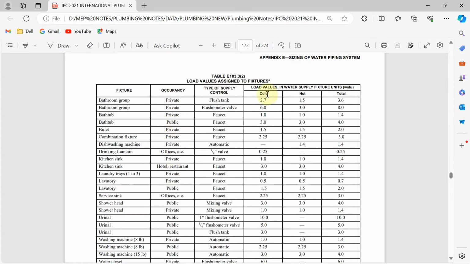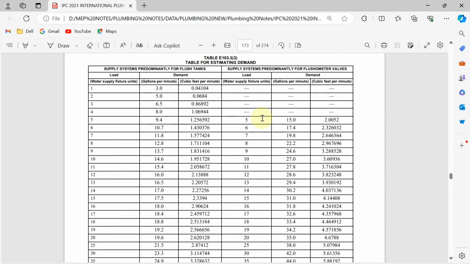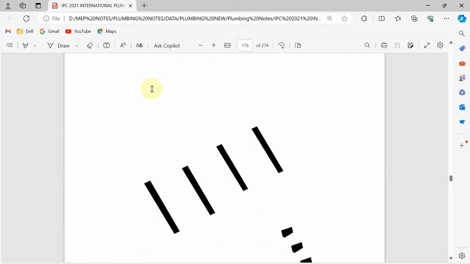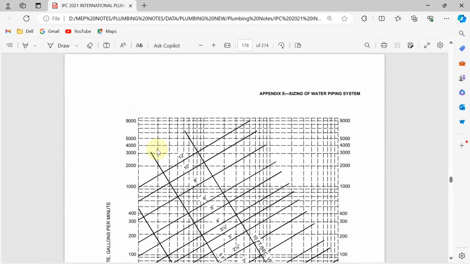As per that, you will get the water supply fixture unit for cold water and for hot water, both. Once you get the fixture unit, based on this water supply fixture unit, in the next table you can easily calculate the water demand value in GPM, gallons per minute, or in cubic feet per minute. Once you get the water demand, just scroll down, we have a graph